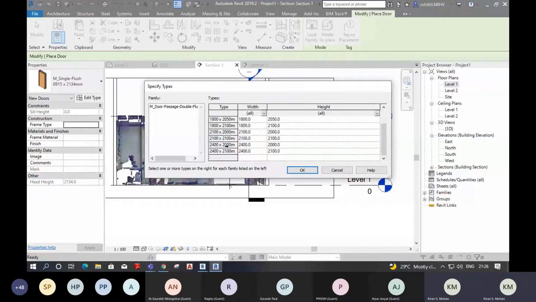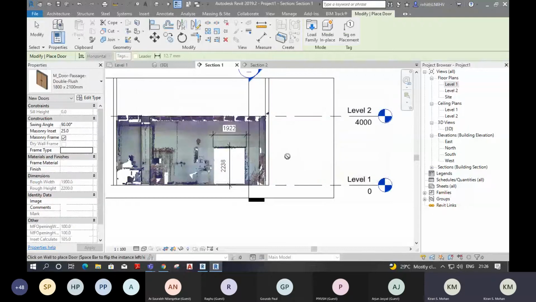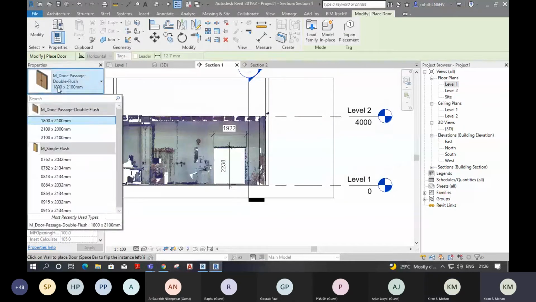Now my width is 1900 and height is 2200. So we can select this one, 1800 by 2100. Select that particular door. Place it here.